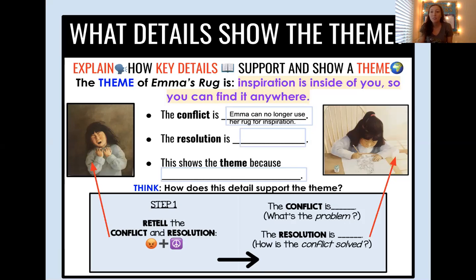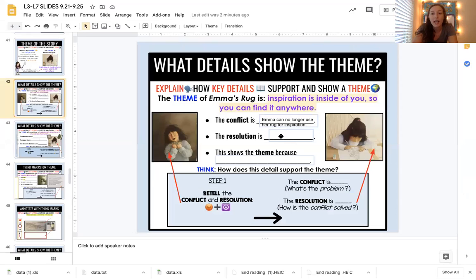It's because that inspiration, is it still coming from her rug? No, it's not coming from her rug or outside. It's coming from inside of her. She is using her creativity and her imagination to be inspired without her rug, so she can find inspiration anywhere. So we want to make a sentence retelling what the resolution is. So I'm going to click on that blue box, and I'm going to finish the sentence that says, the resolution is